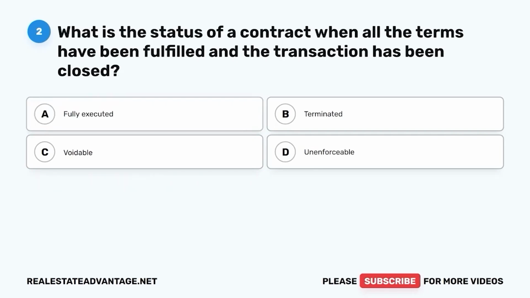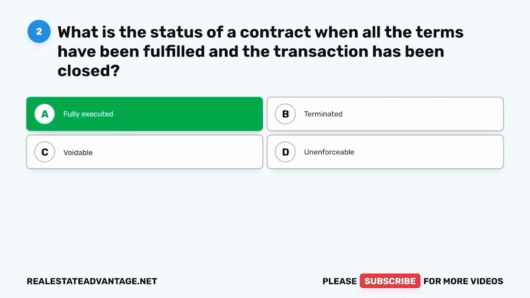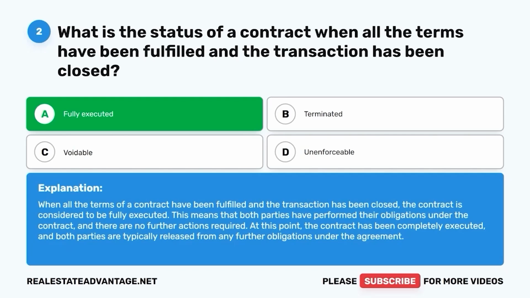Question 2. What is the status of a contract when all the terms have been fulfilled and the transaction has been closed? A. Fully executed. B. Terminated. C. Voidable. D. Unenforceable. The correct answer is A. Fully executed. When all the terms of a contract have been fulfilled and the transaction has been closed, the contract is considered to be fully executed. This means that both parties have performed their obligations under the contract and there are no further actions required. At this point, the contract has been completely executed and both parties are typically released from any further obligations under